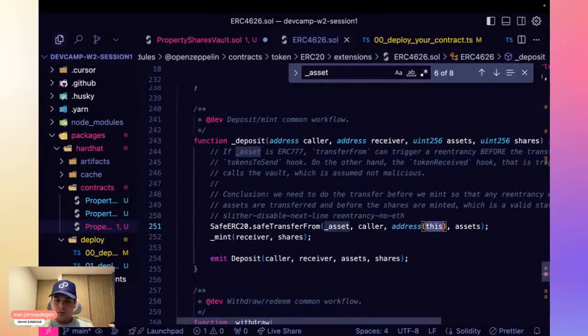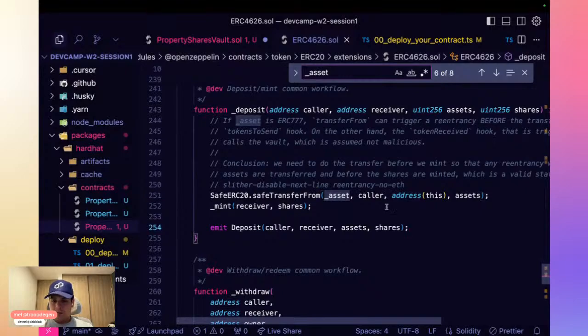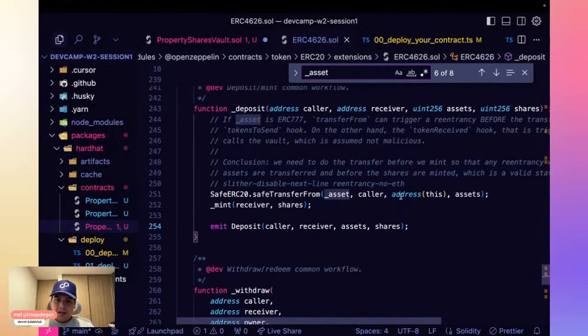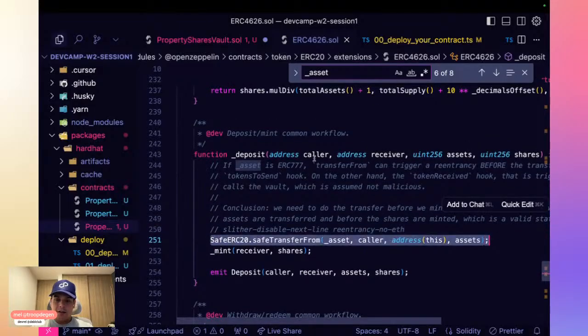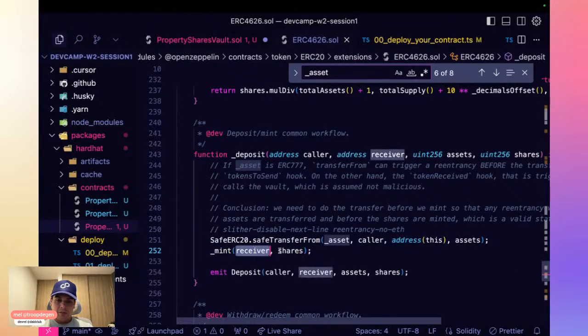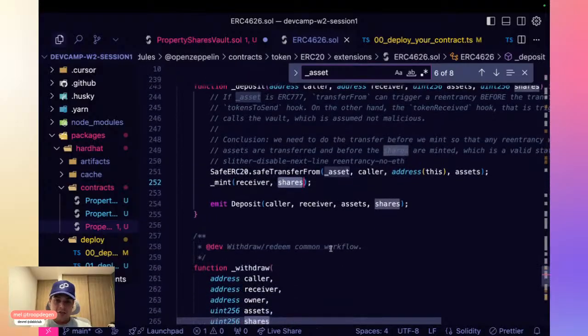This is whenever you want to burn or mint from 0. So that's what the safe transfer from is. And then once we execute this transfer on behalf of the user that wants to deposit the money, we actually mint to the address that they decide the shares that they actually bought.